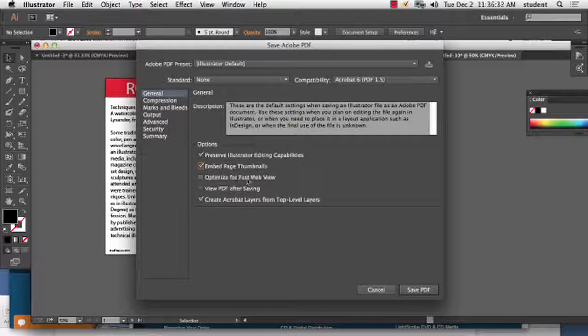Optimize for fast web viewing is not checked here, and you might want to leave that off if you want to keep the quality of the pictures high quality. So it really depends on what you're doing. Am I going to give this to somebody over the internet to view it, or am I going to give this to a printer to print it? You know what I mean? If I'm going to give it to a printer to print it, I'm going to want it to be the highest quality images I can. If I want somebody to download it off the internet and view it, and the quality of the pictures isn't that important to me,